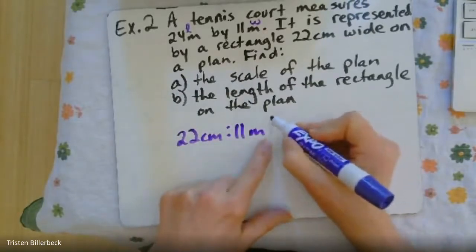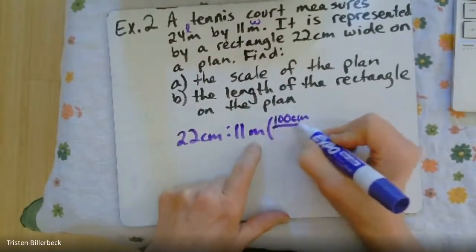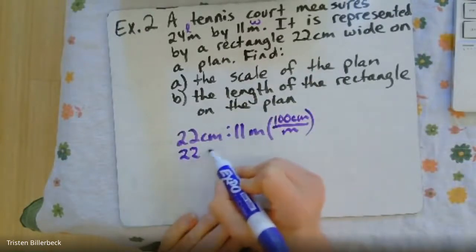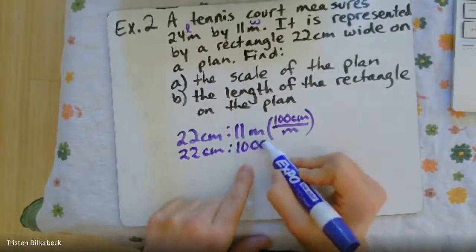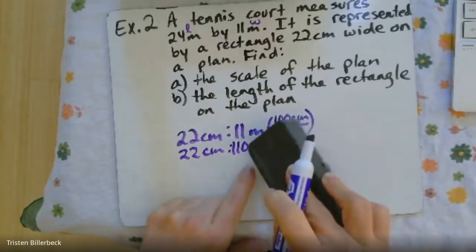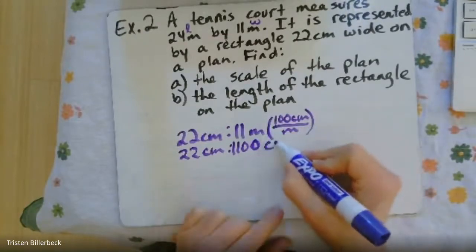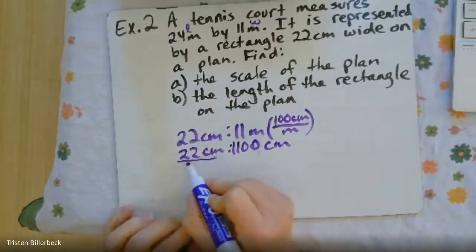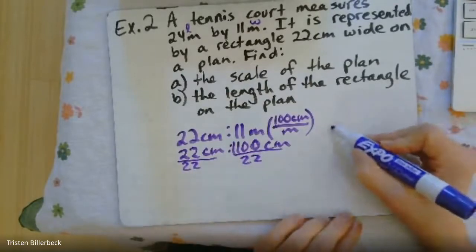Okay, so we need to convert this over. So we have 100 centimeters over meters. So we have 22 centimeters to, and that's going to be 1,100. Oops, that's 11,000. 1,100 centimeters. Okay, we don't have a 1 here, so we have to divide by 22. So that gives us 1 and,